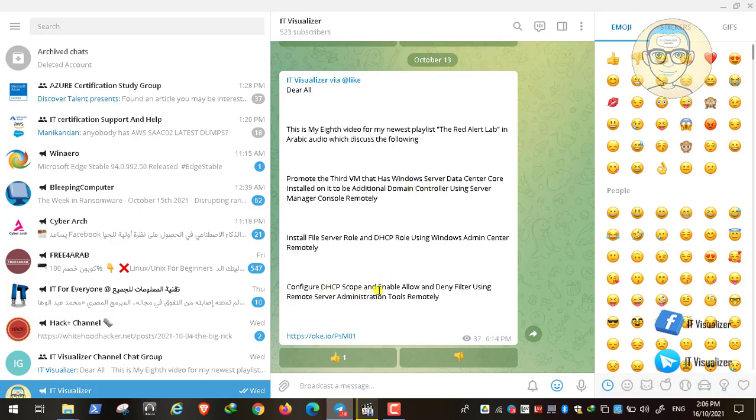And then we have configured the DHCP scope. So we have configured DHCP, and then we configured the scope of the DHCP, which is the range of IP addresses this DHCP will distribute. And then we have the filter called allow and deny filter. This is an option in DHCP that will help you to block some PCs or allow some PCs to take an IP address from the DHCP using the MAC